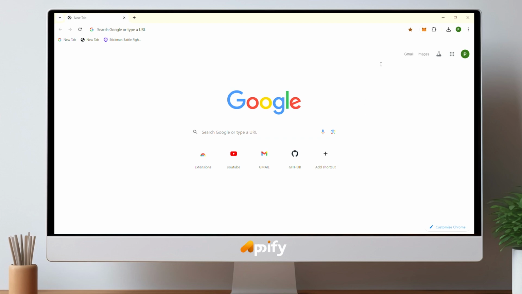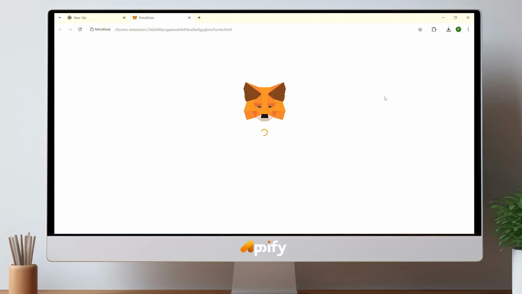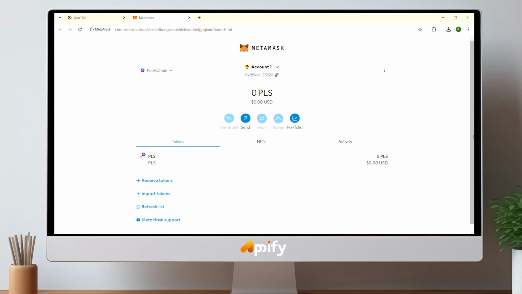So you just have to look on the top right hand side of the screen of MetaMask. There will be 3 dot icons. Just click on it and there will be a list of things, and you just need to click on expand view. And when you click on the expand view, the MetaMask will be opened in the full screen in a new web page. And when you are inside this interface, you just have to look on the top,